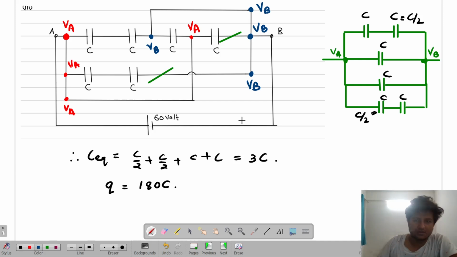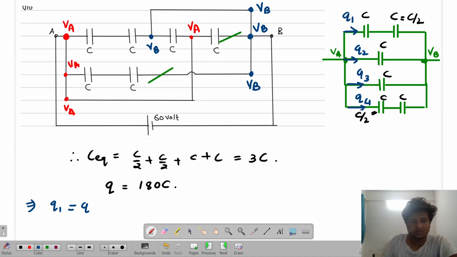So look over here. Whatever is the charge on this, it will be Q1. This will be Q2. Since they are in parallel, here also Q2 and here also how much? Q1. Are you able to get me? But first I'll mark different Q3 and Q4. Q3, Q4. Got it or not? So you got your potential, you have to find the charge, isn't it? So Q1 is exactly equal to Q4. Are you able to get me?